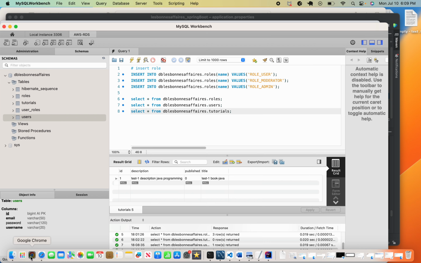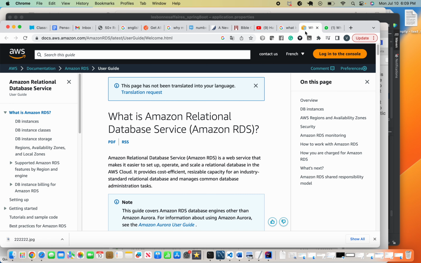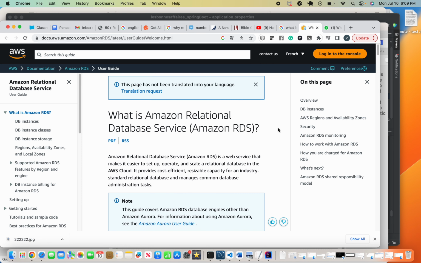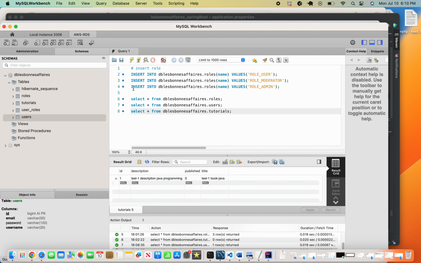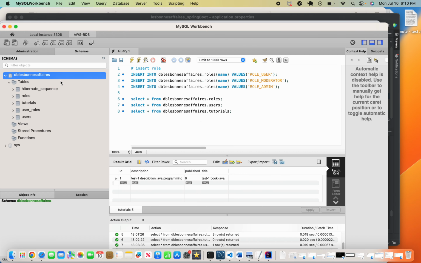Okay, let me go back here. It is now running perfectly. So if I use this endpoint and give it to somebody else, he will be able to access my data, because now those data are in the cloud. But fortunately, I did some security configuration so that only I, because I have the username and the password, can access it. But basically this database here is now